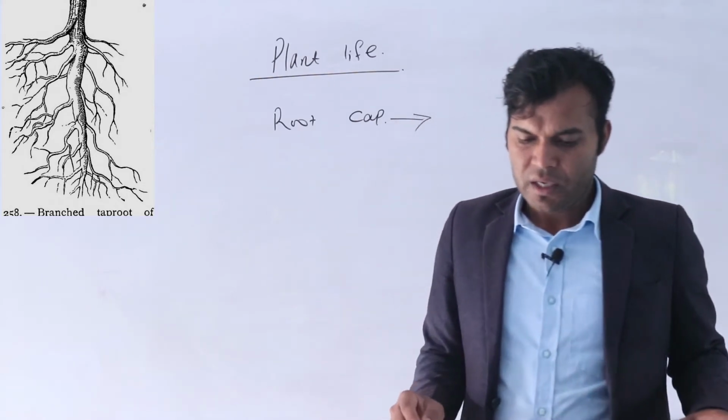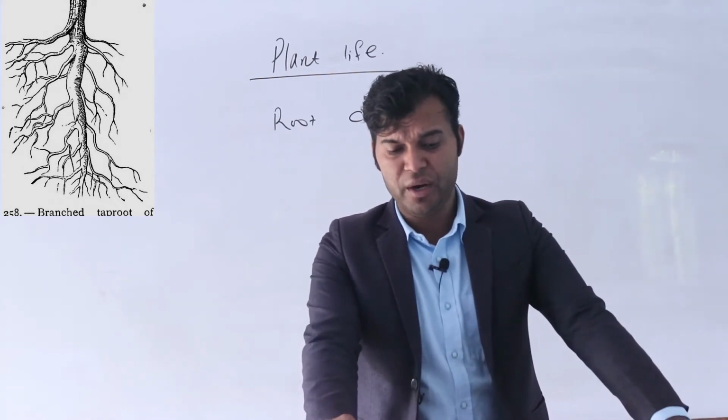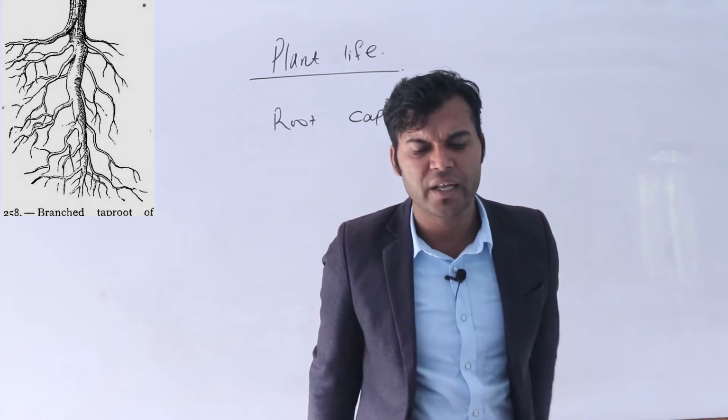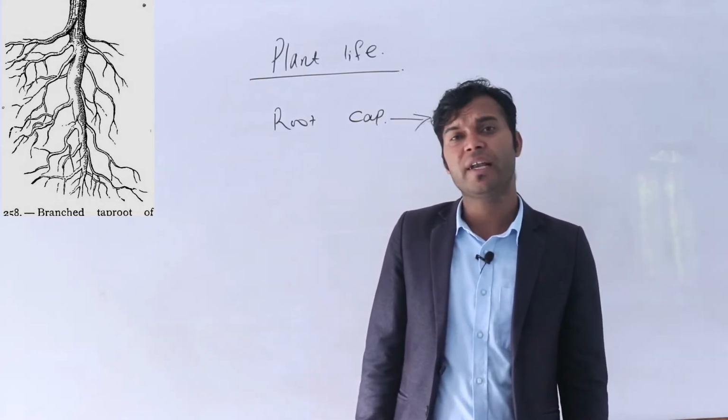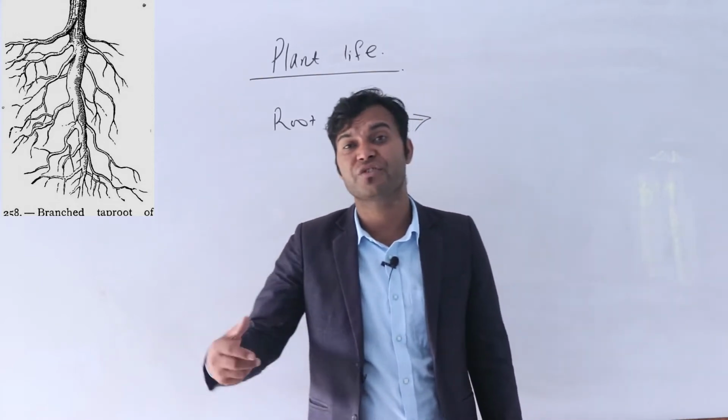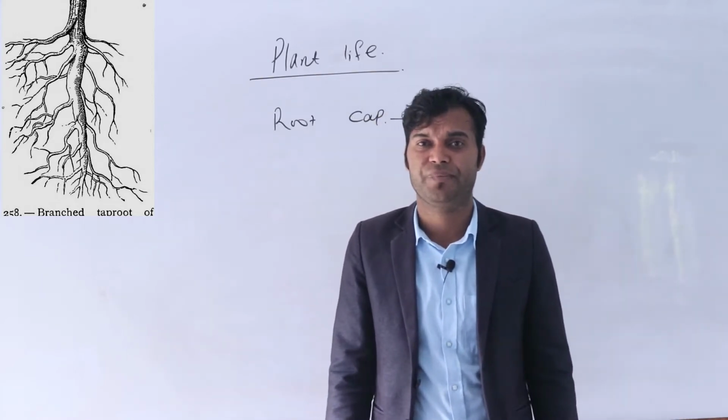Okay. There are numerous hairs behind the root cap. These tiny roots covering the surface of the root are called the root ears. Ear-like structures are contained in roots, which are called the